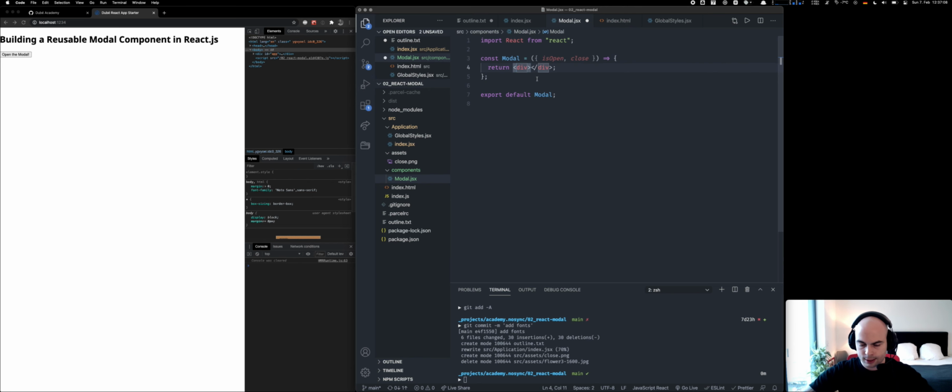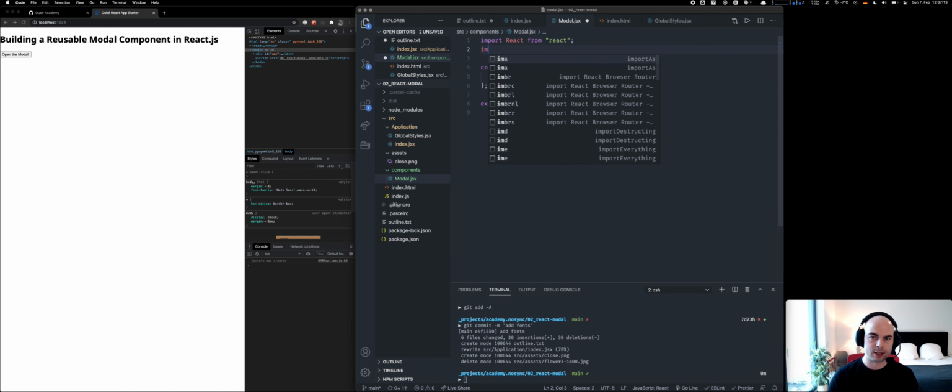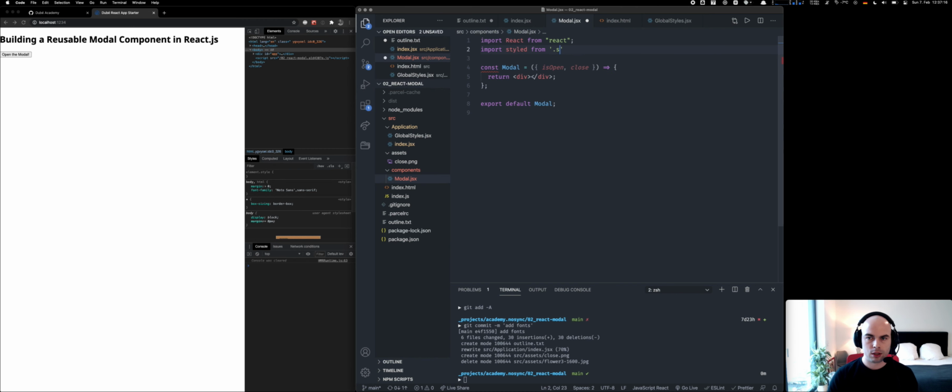Okay, and then yeah, let's implement the background component. So I'm going to be using styled components as usual, but you can use CSS if you want to, or any other method of styling. Okay, so I'm going to have the background, let's just have it as a div. Okay, and then I'm going to set the width to 100 viewport width and the height to 100 viewport height, so it just stretches the whole window,